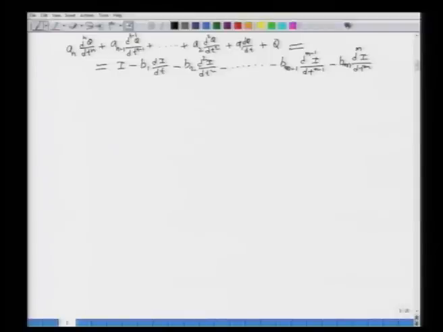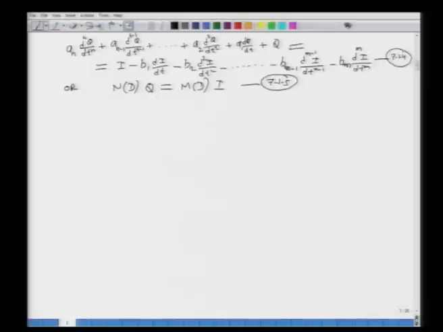So, the mth derivative, the last one, and let me number this whole equation as 7.1.4. In a compact form, I can write this equation as some function N of the operator D applied on Q. That is the left hand side. This is equal to some function M of your differential operator D applied on I, and let me say that in compact form it is 7.1.5.